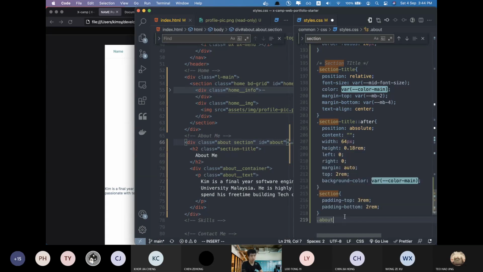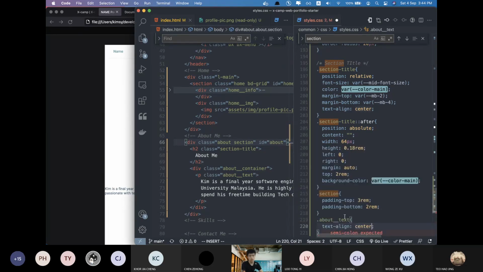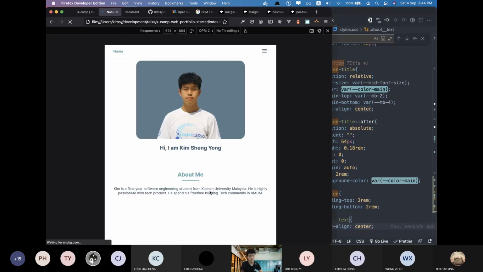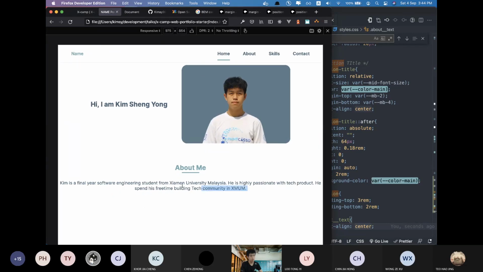So I want the about text line center. So first I want to align text center. Yeah, you can see the text is center now, and it should be pretty fine now. But the problem is we see that currently there's some problem with this, which is basically